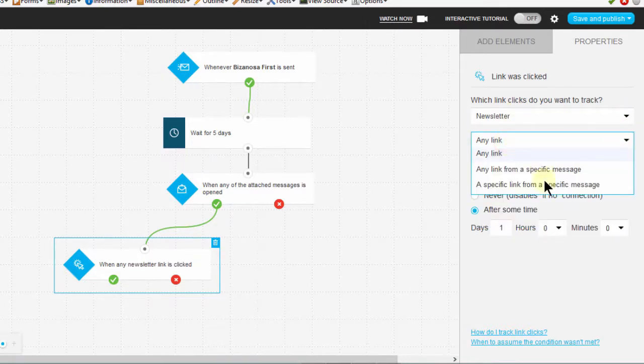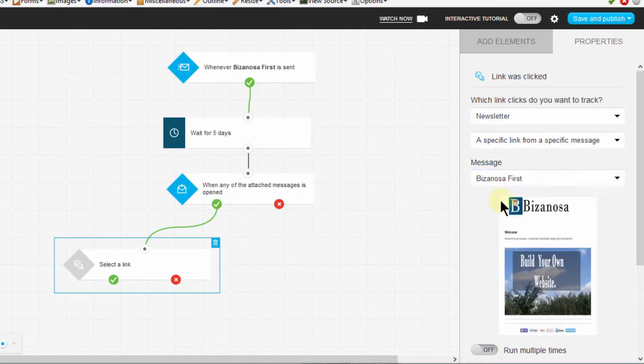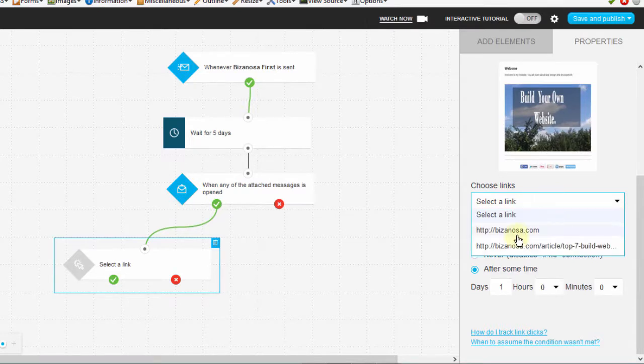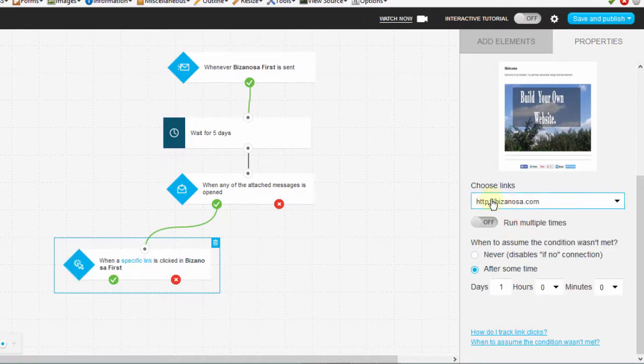So that newsletter, a specific link from a message, this message. So I don't know if I had any links in there. Okay, let me see, choose link. Yeah, I had a link. So I can say if I want to track whether this specific link was clicked, and then